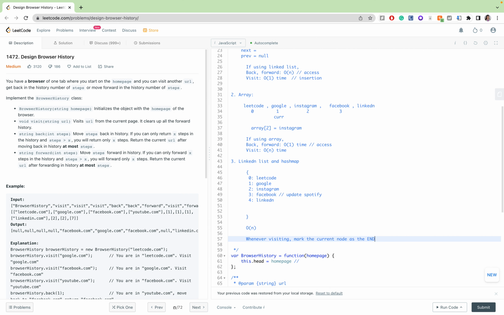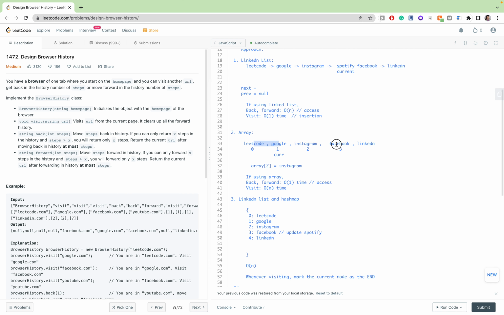I do not even need a hash map for that, right? I can just use an array, isn't it? If I just use an array and mark the end, then it would be a really simple solution. It would have been easy, not medium. So I'm just doubting I'm missing something. So let me do this again. So back and forward is O(1) time, that is fine. I would go forward until I meet the end, and I would go back until I meet the start. But whenever I'm visiting, then it will not take O(n) time,